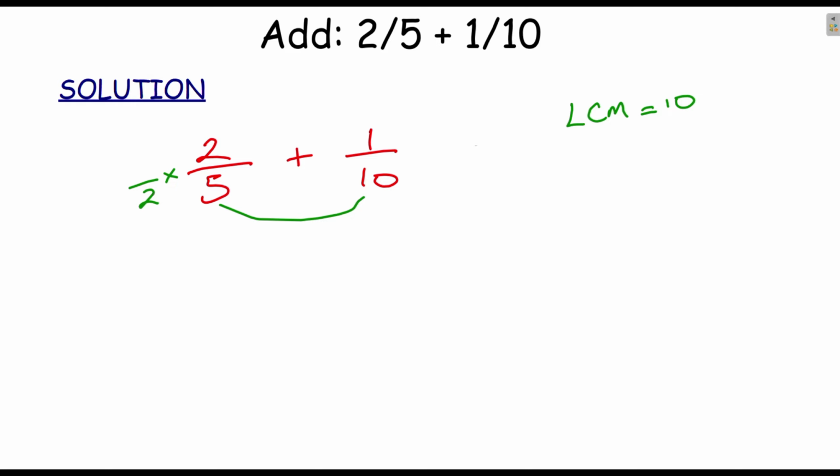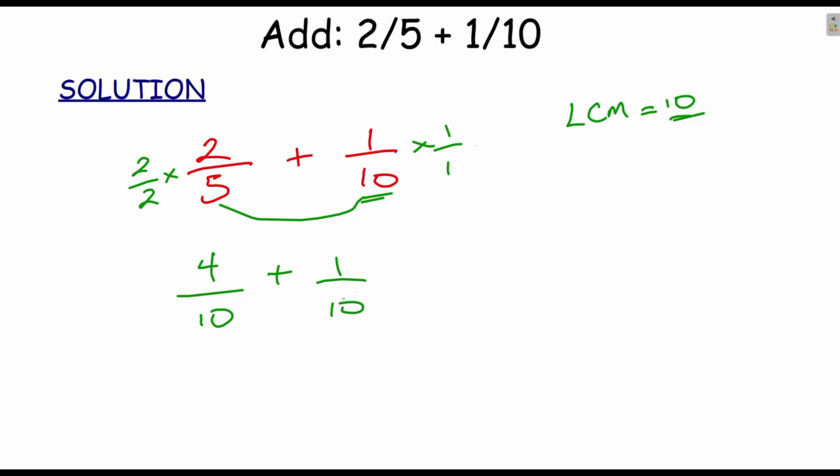And then whatever I do to the denominator, I must also do to the numerator. So I must multiply by 2 over 2, which changes nothing actually. And on this end, I'm not going to do anything because the LCM is 10, and I'm not trying to change 10 to anything. So I'm just going to leave it that way. It's just like saying I'm multiplying by 1 over 1. So what happens next? I then get 4 over 10